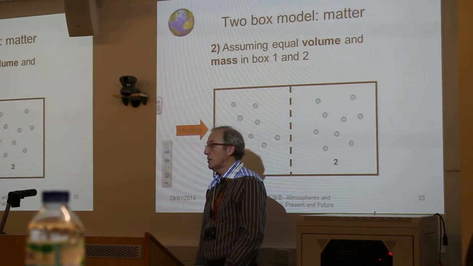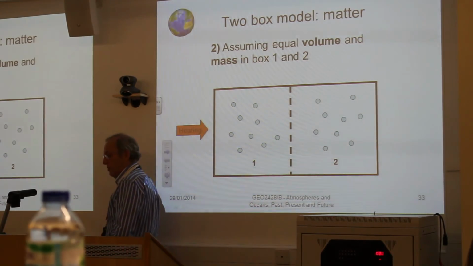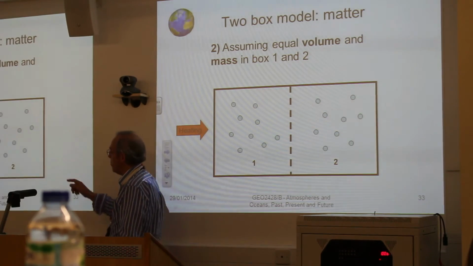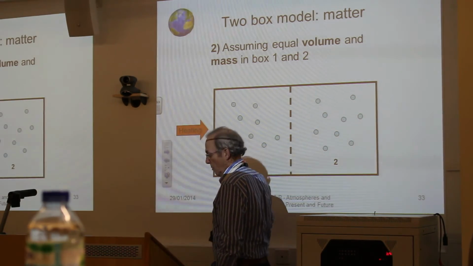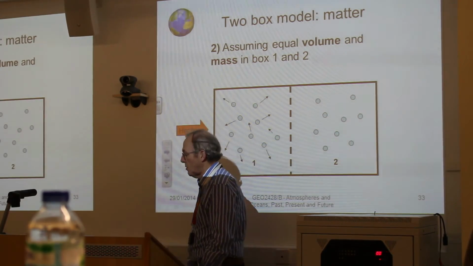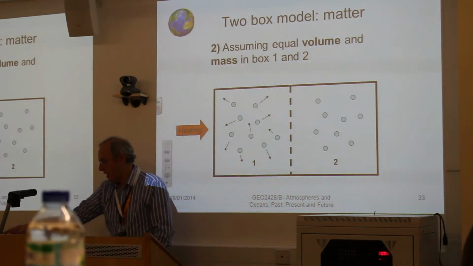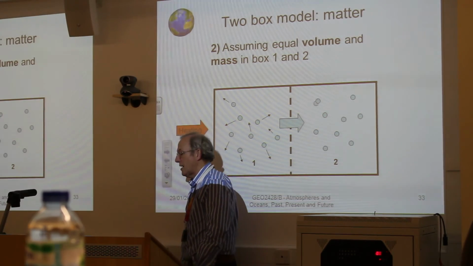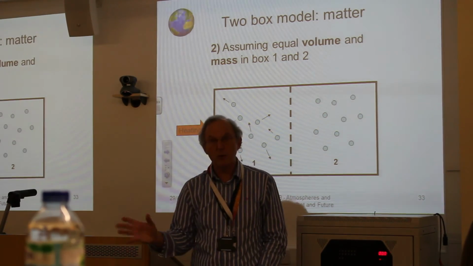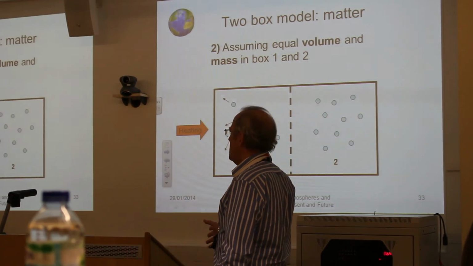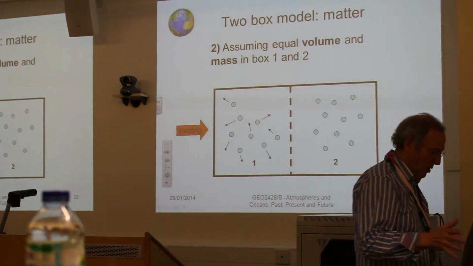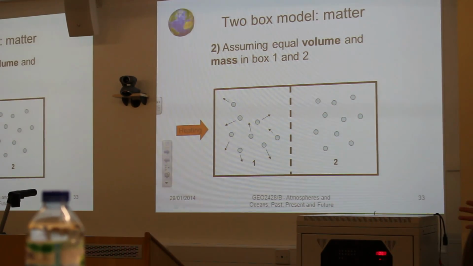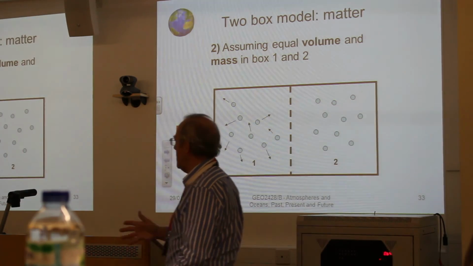If we then heat box 1 and assume that we've got an equal amount of matter between box 1 and box 2, we shift matter, we stimulate that matter, and that will move into box 2. So we can again move material from one box to another. So the whole idea behind modelling the Earth, whether it's the atmosphere or whether it's the ocean, is simply to